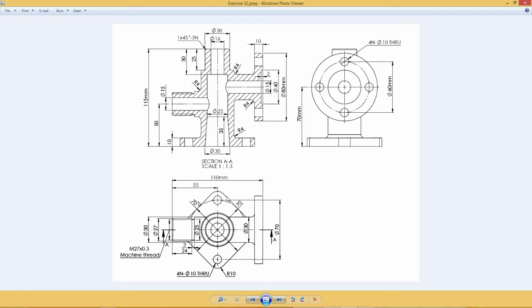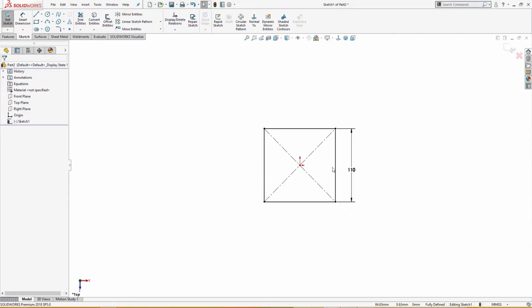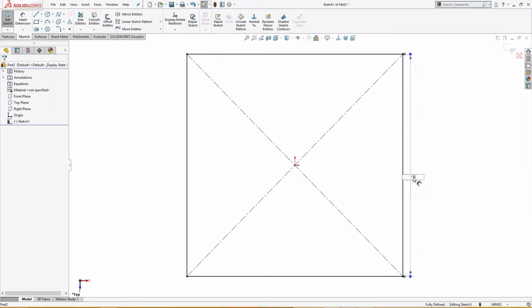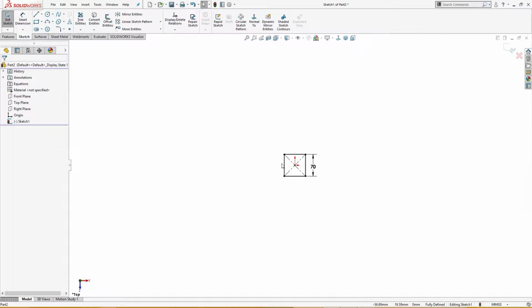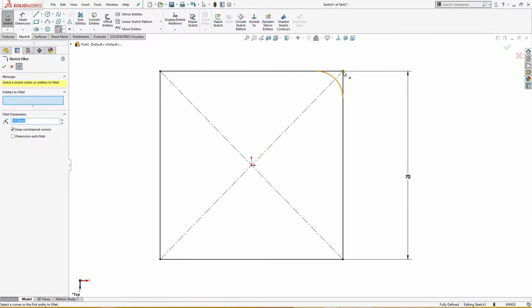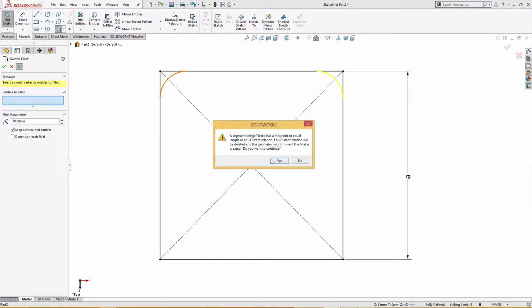This is actually 70, not 110. So let me make it as per drawing. This is 70, not this, it's too big, not 710, 70, like so. I will give it a fillet of 10 mm here. Yes,